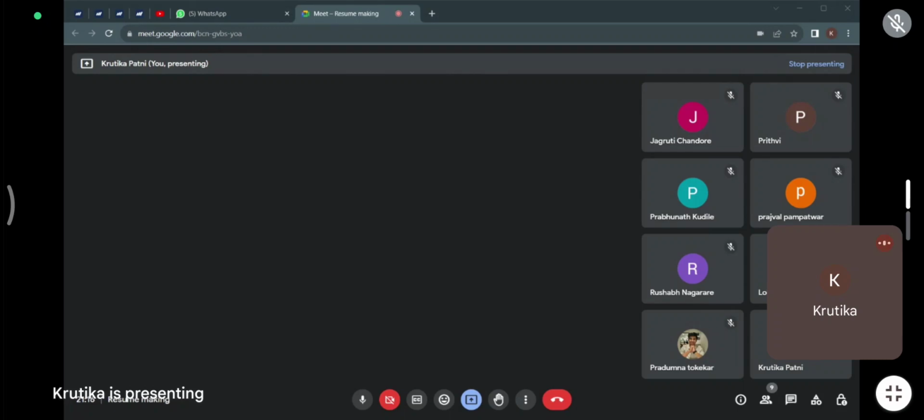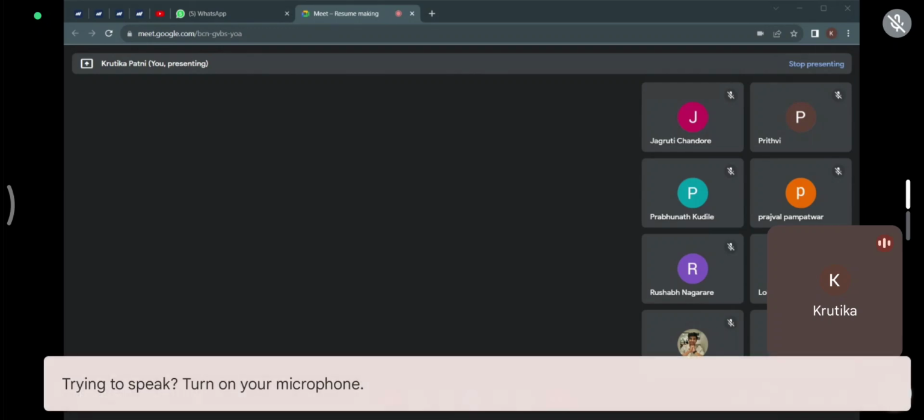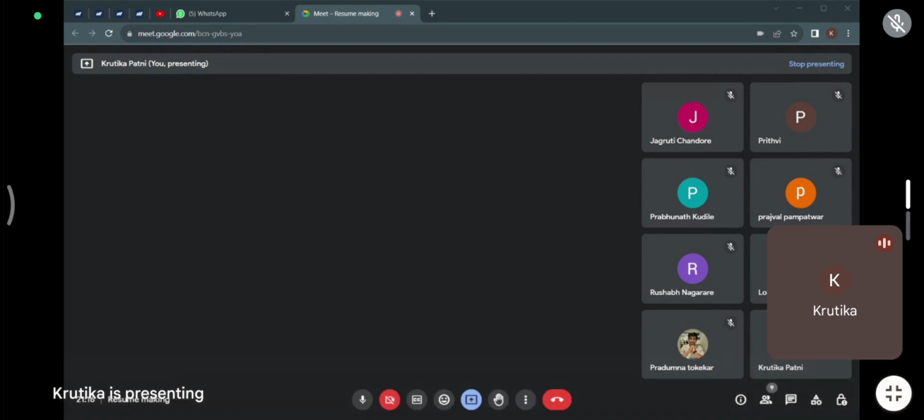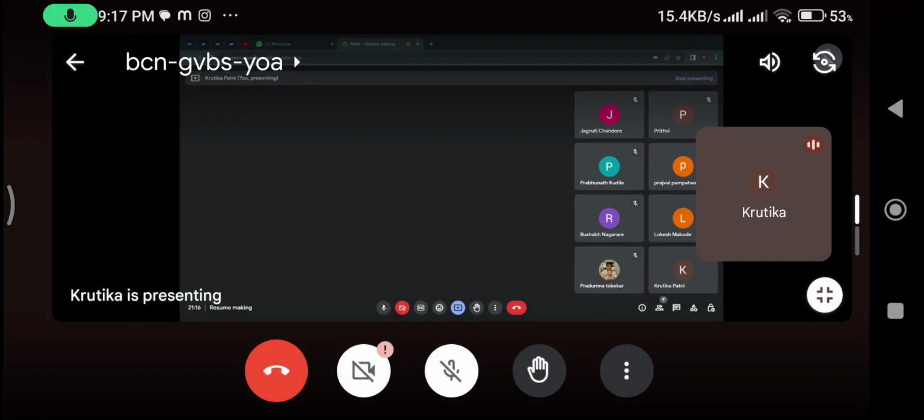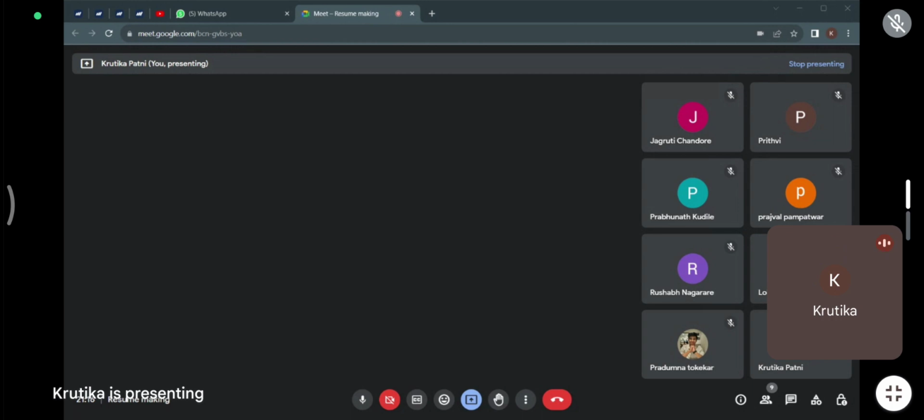You have to edit your gender and age accordingly. Then you have to click your photos. The photo guidelines have also been shared in the group. Go through that once, and you'll have to click the photo as mentioned: a white shirt, tied hair and gray background for girls, and a white shirt with a blue tie and similar background for boys.